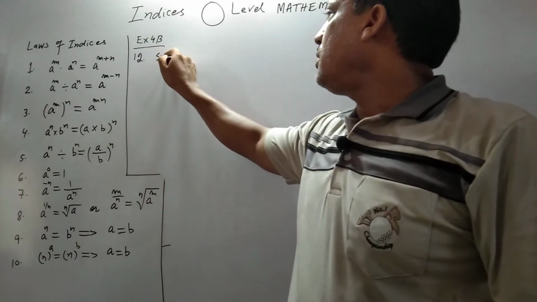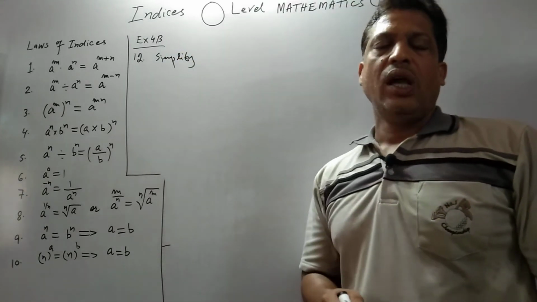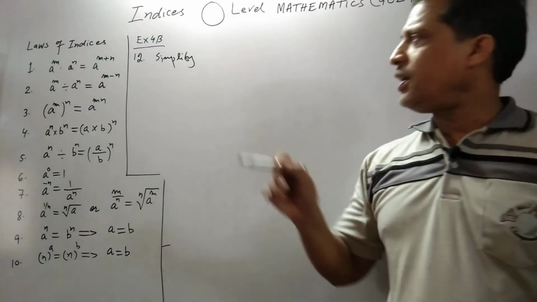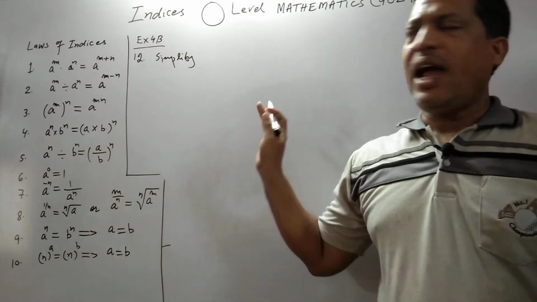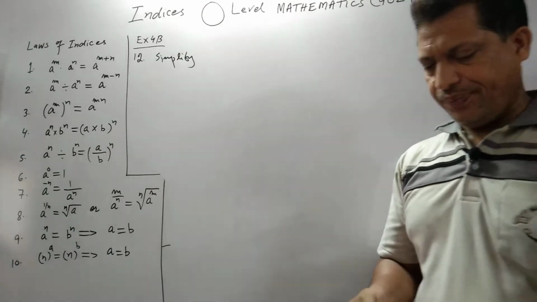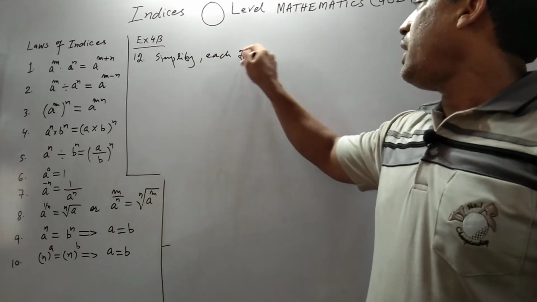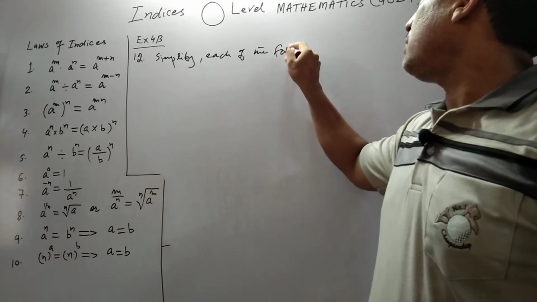After this question, you will be eligible to do each and every kind of indices, and you can do each and every question from past papers. Simplify each of the following